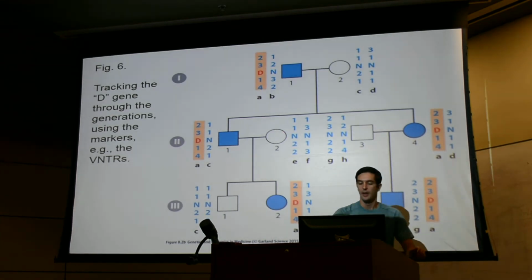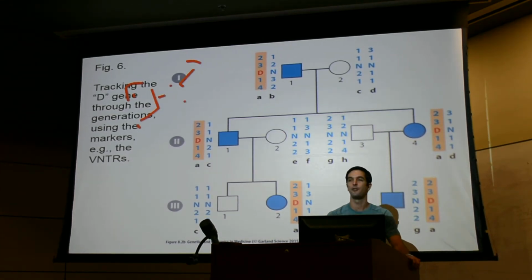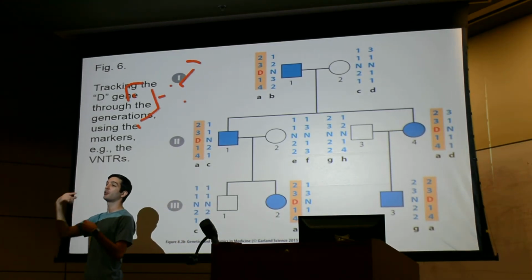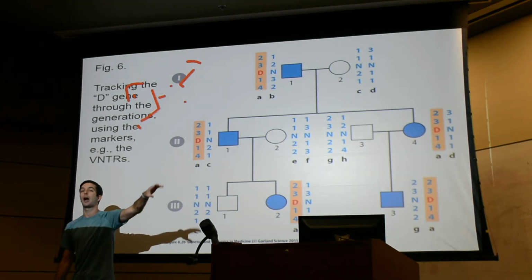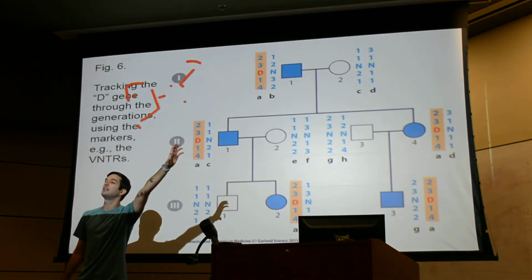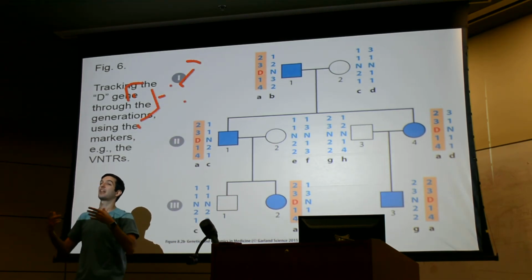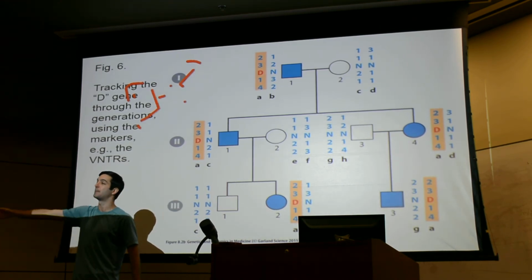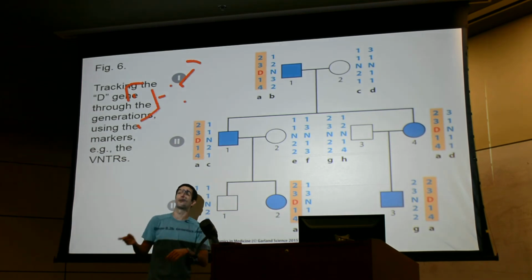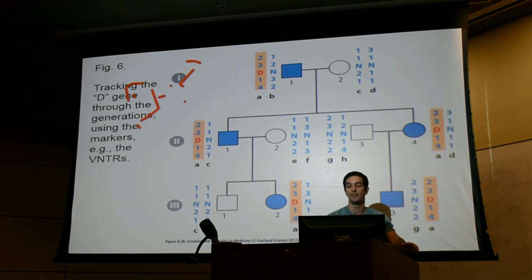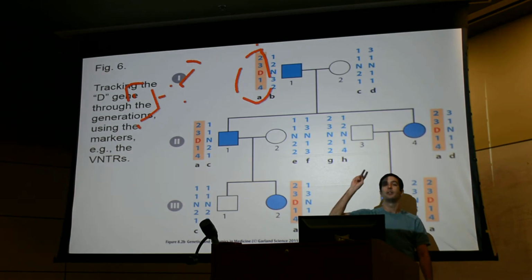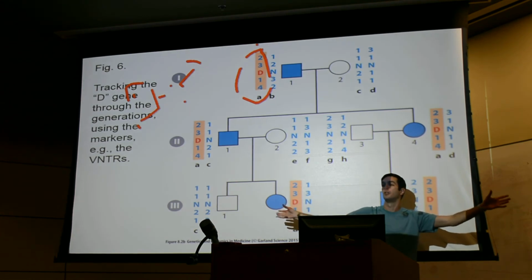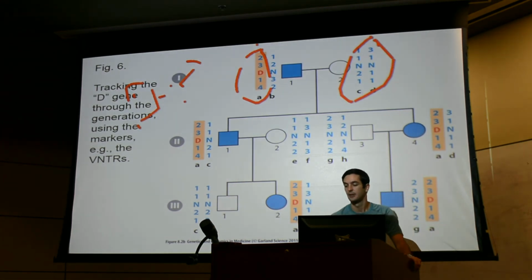So in the beginning, anywhere you see a D, it was basically a question mark. We had no idea. And what you do is, once you see who all the disease patients are, you get all their DNA, and throughout the genome, I want to look at, all right, let's see what all these have in common. Basically, I'm asking, which haplotype blocks do all of the diseased people have that none of the healthy people have? And when you do that, looking for the VNTRs, I saw that in one unique haplotype, everyone had 2 repeats for the first one, 3 for the second one, 1 and 4 throughout that block. Whereas this normal patient, did they have any of the disease?